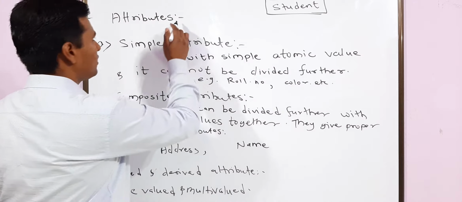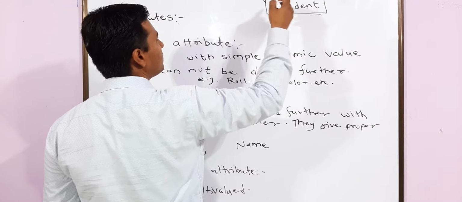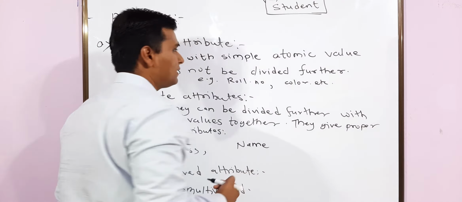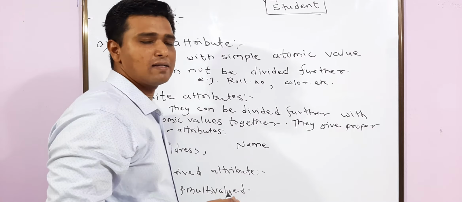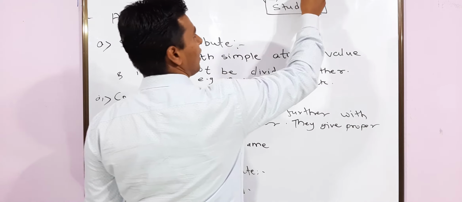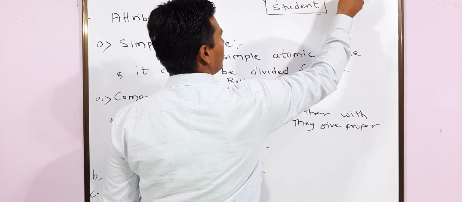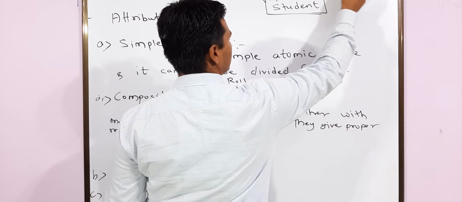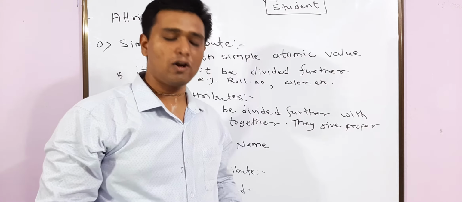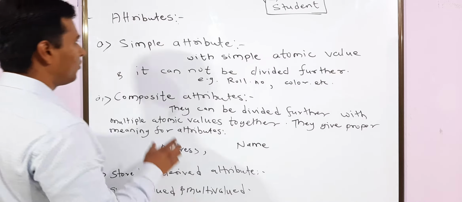Okay, now we will study what the attributes are. A student has a roll number, so roll number is one of the attributes. A student has a name. This name is called a composite attribute. Why? Because it can be divided further. We can divide name into first name, then middle name, and last name. We divide it so that it will have atomic values, so that our relation will be in 1NF.